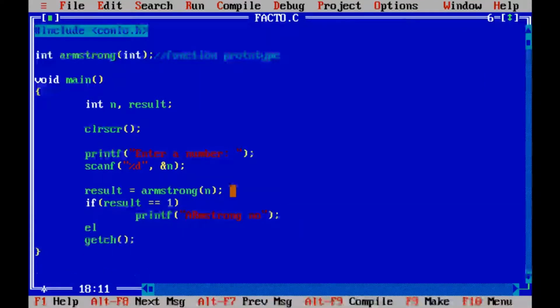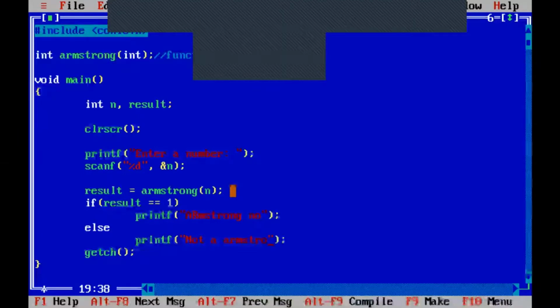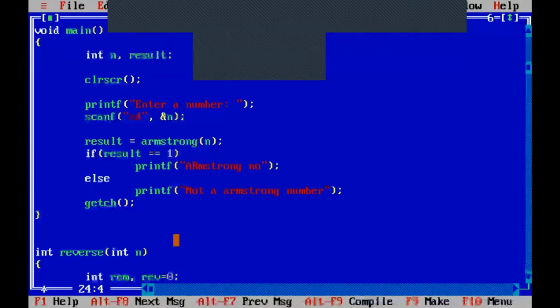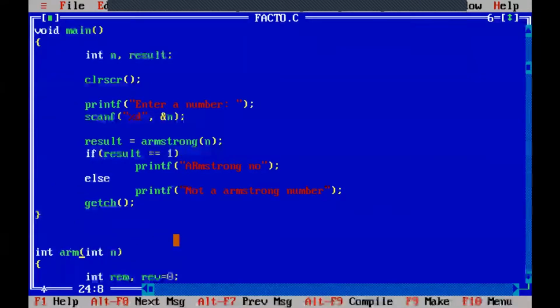Else I'll say printf not a Armstrong number. Right? Okay, so let's write this one. Armstrong.